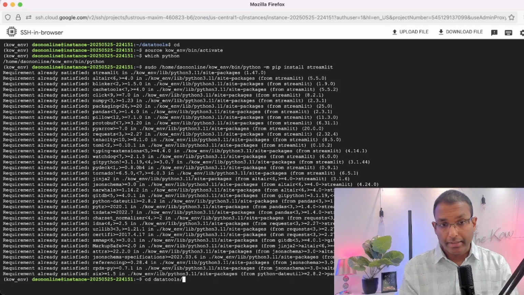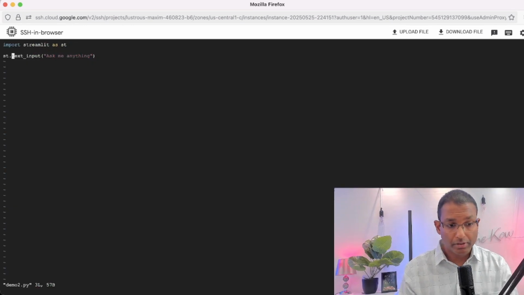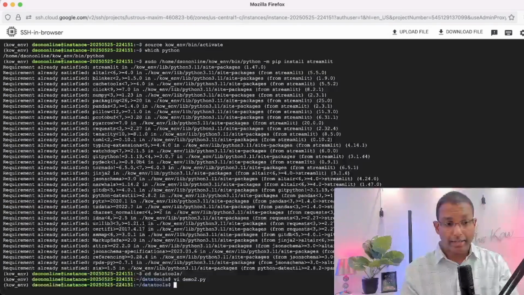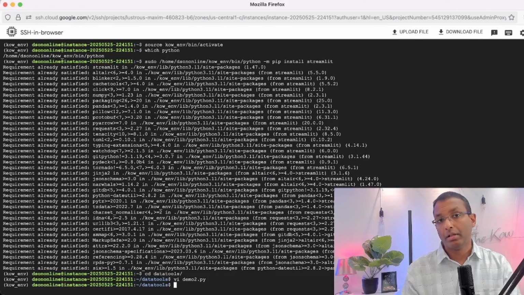Once you have installed the basic libraries, you can create a directory. In this case, I've created a directory called data tools. We're going to write a simple two-line Python code to put up a user interface. So the first step is import streamlit. I'm importing the Streamlit library as st, and then I'm doing st.text_input, "Ask me anything". As the name implies, I'm just putting a simple text input with the name Ask me anything. Let's run this and see